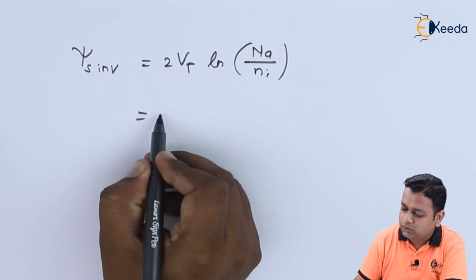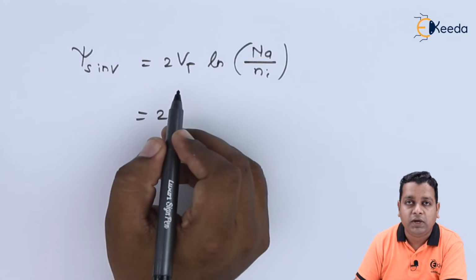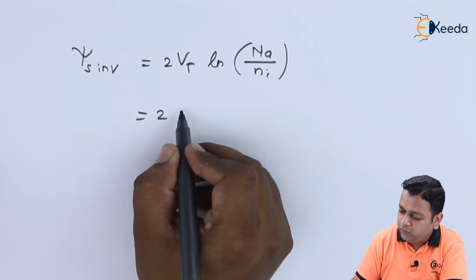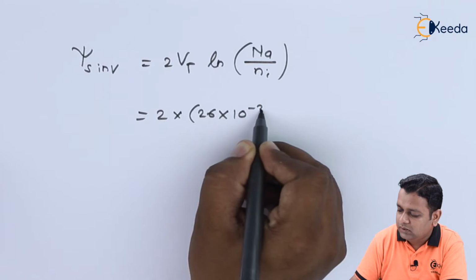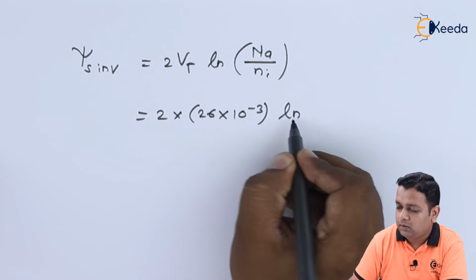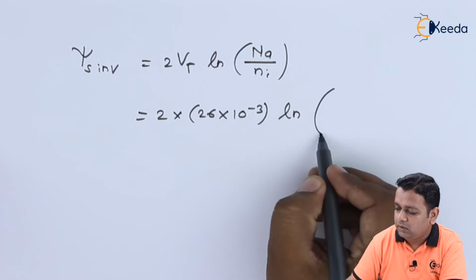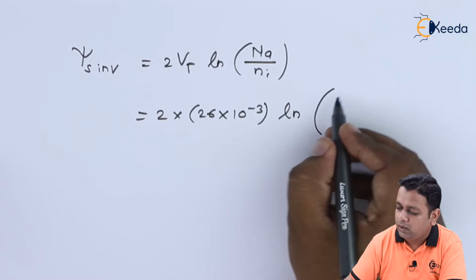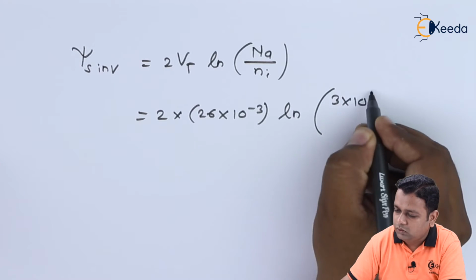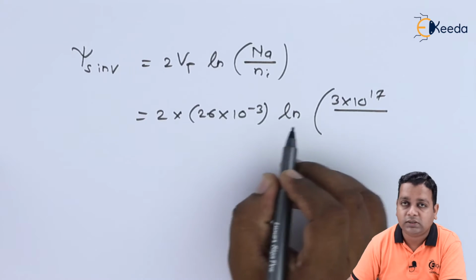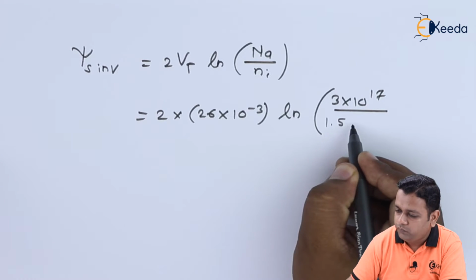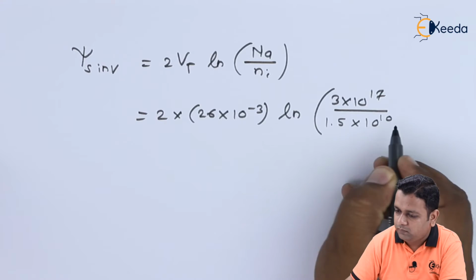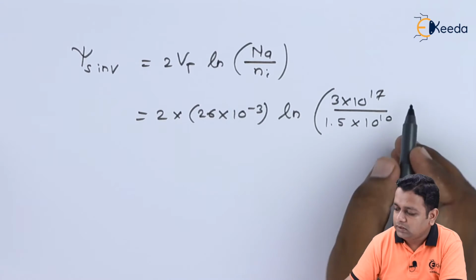So we have the value 2 as it is. Vt value is a constant, that it is 26 into 10 raised to the power minus 3. We take the natural logarithm, and in the numerator we put the value 3 into 10 raised to the power 17, whereas the denominator is substituted by 1.5 into 10 raised to the power 10